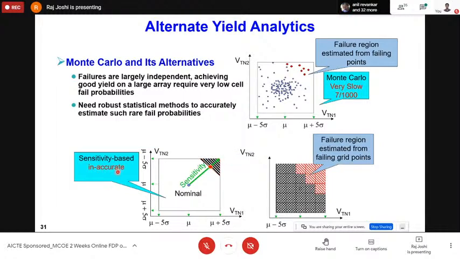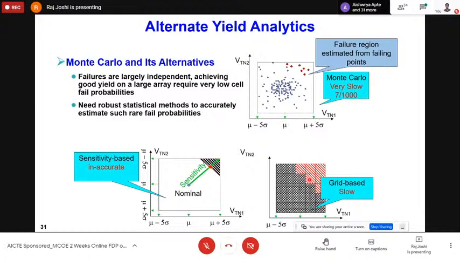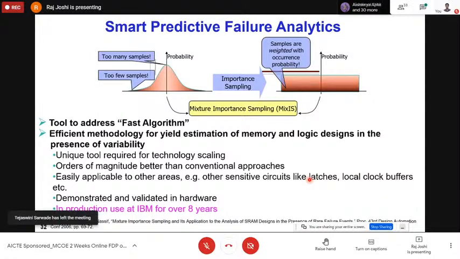But sensitivity analysis is inaccurate because it is only taking you in one direction. Then there is another one called the failure grid point method, where you create grids like this, squares, and then only select points on the grid here. But then again, it is slow and it is inaccurate. So that's where we came out with